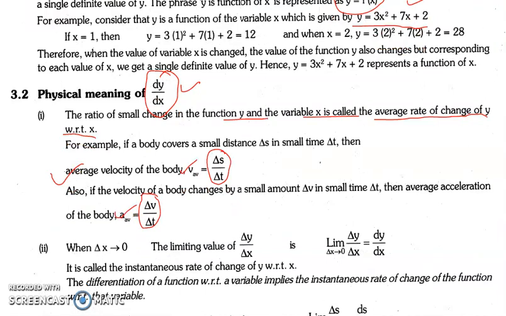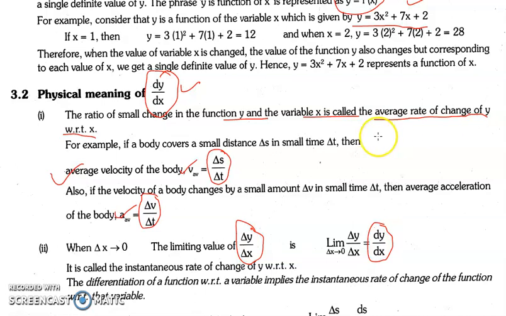Okay, so there are two basic scenarios in which we can find the change. One is the scenario of this delta y by delta x, and second is the scenario of this dy by dx. Let me tell you the basic difference between these two so that we are clear on this part. Delta y by delta x denotes the average change. Average change means complete change of y to that of complete change in x for the whole journey.